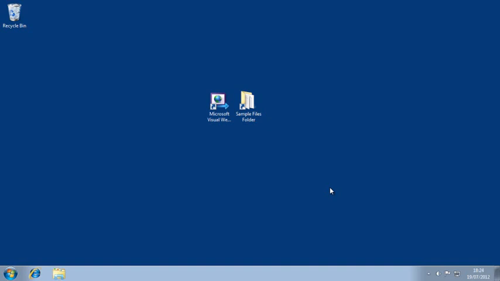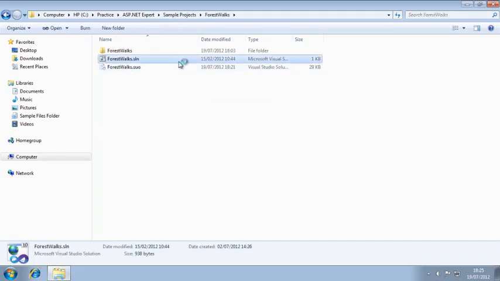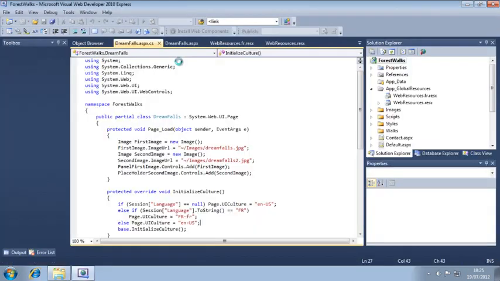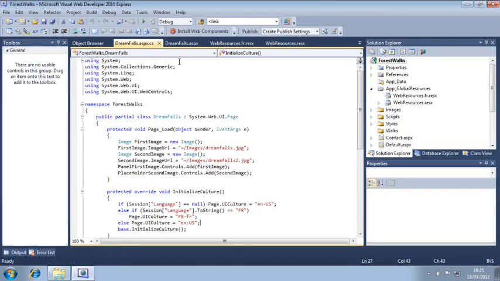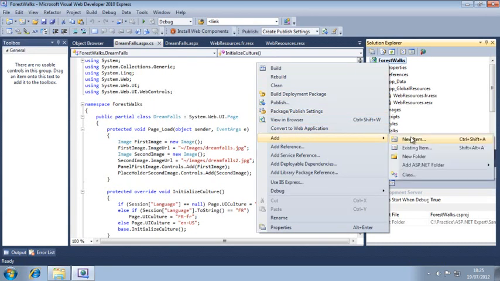To begin this lesson, open the Forest Walks project from your sample files folder, and add a sitemap file to the project. To do this, right-click Forest Walks in the Solution Explorer and click Add, New Item,